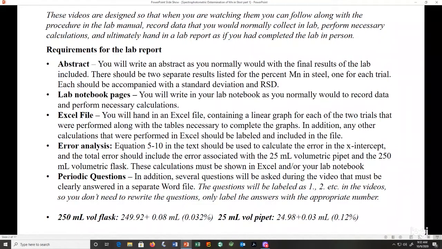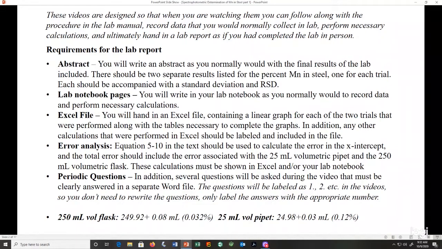The requirements for the lab report. An abstract. You'll write an abstract as you normally would with the final results of the lab included. There should be 2 separate results listed for the percent manganese and steel, one for each trial. Each should be accompanied with a standard deviation and RSD. Lab notebook pages. You will write in your lab notebook as you normally would to record data and perform necessary